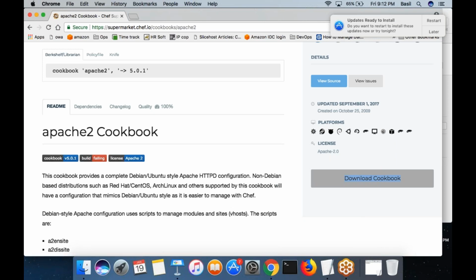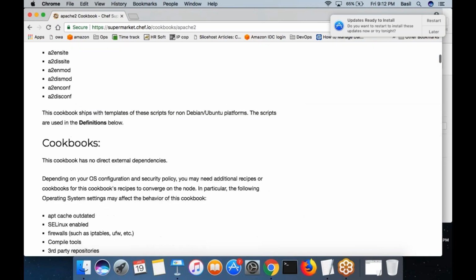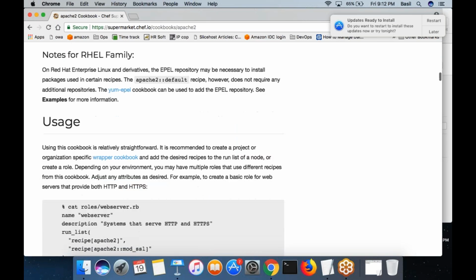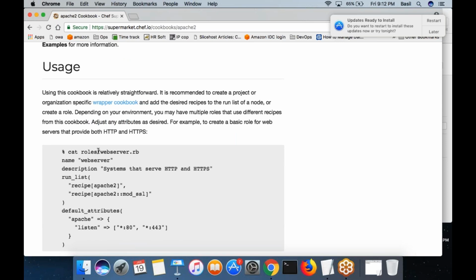So over here you can see the documentation of cookbook. Here itself you can see what are the different recipes that you have and how you would use this particular cookbook. For example, let's say you are creating a role called web server, right? You are creating a role called web server and you are going to create the run list for the role. And these are the two recipes within this cookbook that you want to enable mainly, right? You can have any number of recipes. Basically, this is the main recipe. As you can see, you did not mention the name of the recipe. In that case, what it's going to be the default.